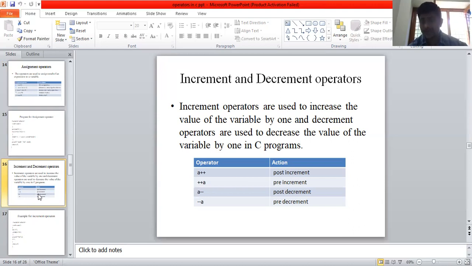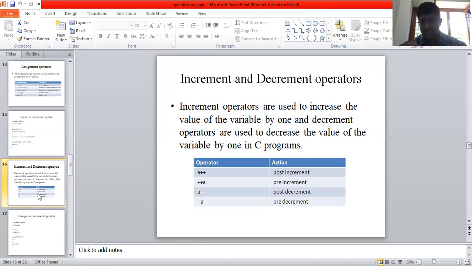What is the output? Y equal to a plus plus, the value of y will be 8. After that, after it displays the output, the value will be incremented. Because of post increment, before the output statement the value will not be incremented. After the output, the value will be incremented. So that is the post increment.